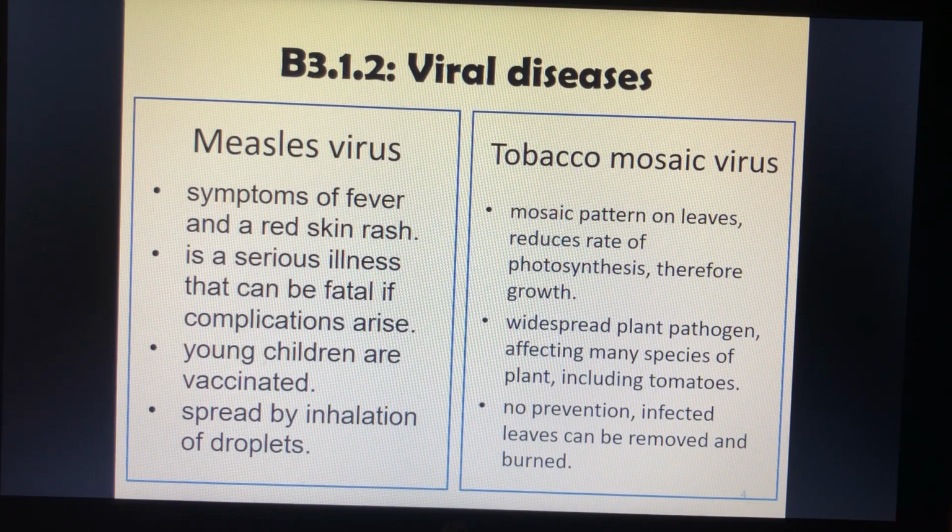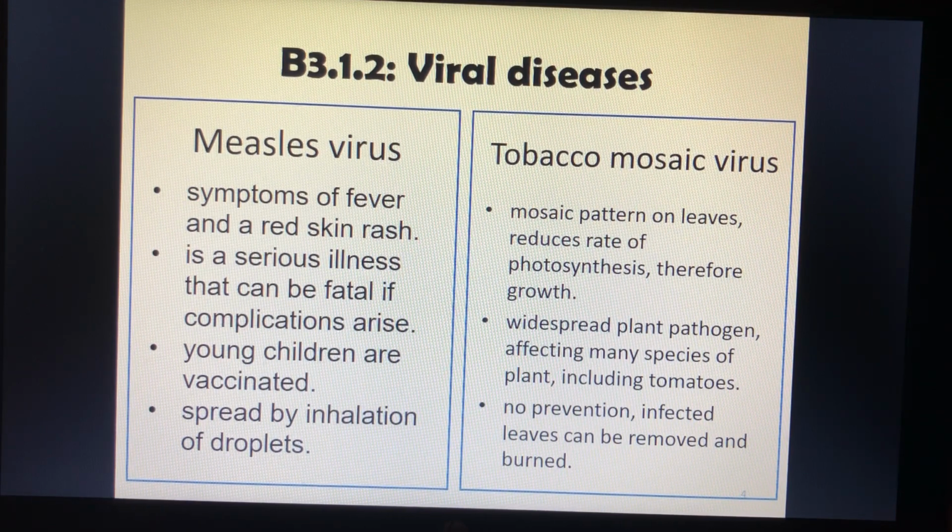So we'll start with the measles virus. Red rash and fever can be fatal, so that means it can kill people, and young children are vaccinated against it. It's spread through droplets in the air. Tobacco mosaic virus is a plant virus. Okay, it's not something that's going to affect humans, even if we eat a plant that has been infected with it. Okay, and it creates this kind of mottled mosaic appearance on the surface of the leaves of the plants,